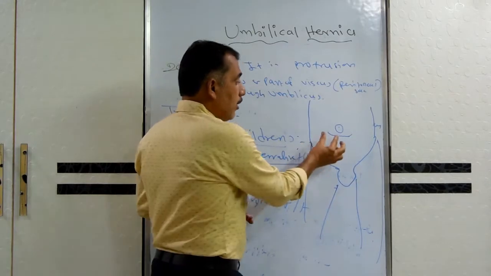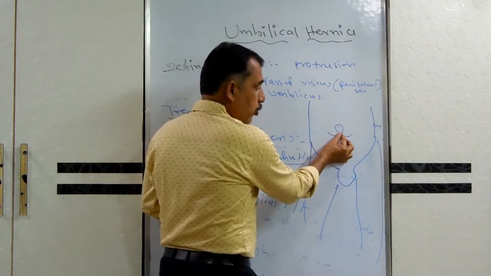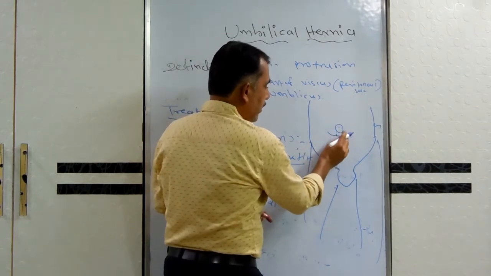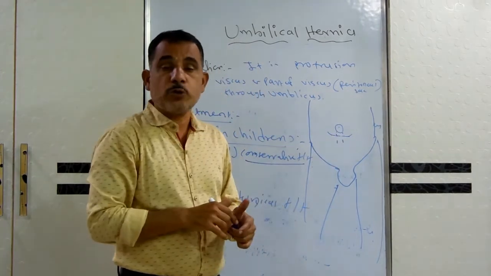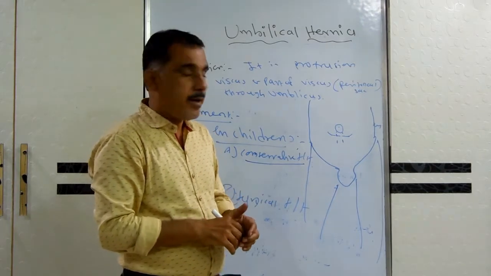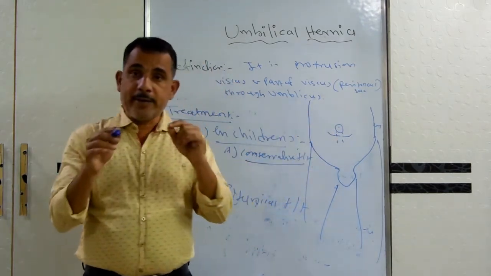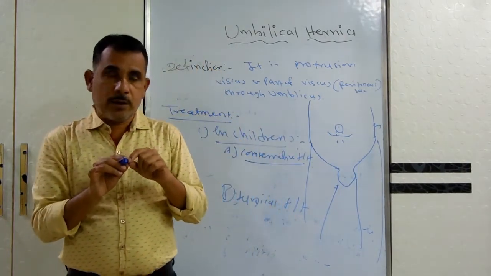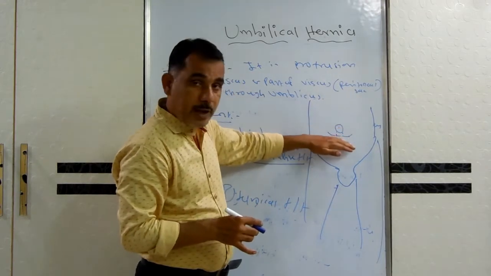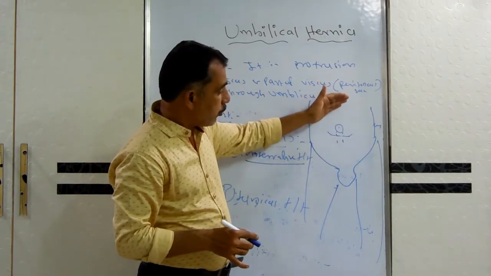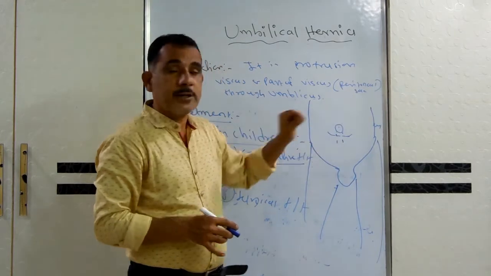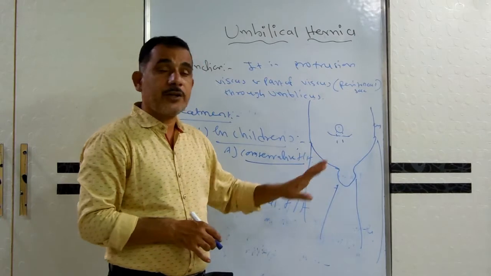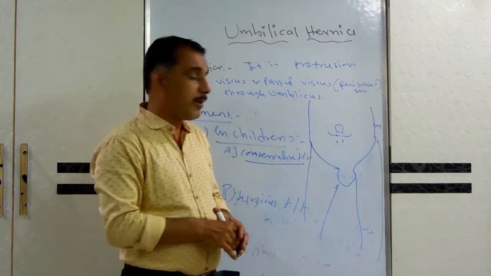After that, the two rectus muscles should be approximated, and the gap should be narrowed or repaired with non-absorbable sutures. Then whatever flap of the scar was reflected should be placed again and stitched over the repair. So that is the procedure in the case of children. The treatment in children.